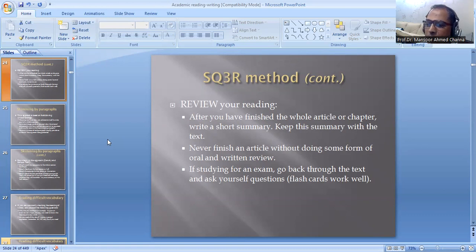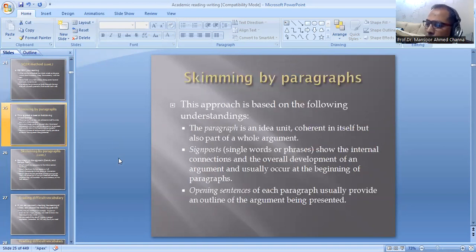If you're studying for an exam, go back through the text and ask yourself questions. Maybe you can use flashcards, which can work well. After SQ3R method of reading, there is skimming by paragraphs. Skimming word is taken from word skim. This approach is based on the understanding of the paragraph,